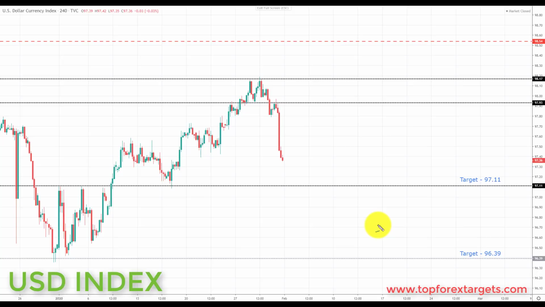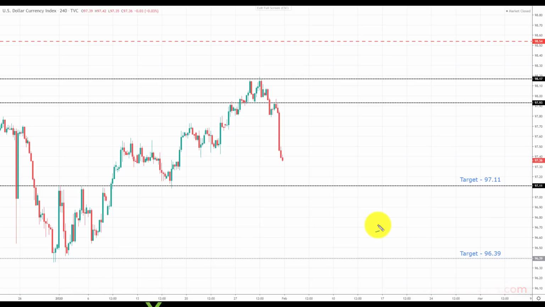Although we saw, for example, the pound appreciating against the US dollar, we saw the Aussie dollar declining, we saw the Kiwi declining, and we saw also the US dollar appreciating against the Canadian dollar. And this is because of the expectancy, if not already a lack of demand, the expectancy of a lack of demand or lower demand coming out of China, predominantly affecting these commodity currencies. So we go into next week with a bearish to neutral bias on the dollar index, but because of what's going on with the coronavirus, we actually have to trade the markets on their individual merits without a strong bias one way or the other.